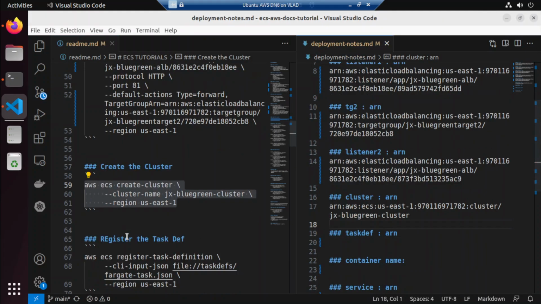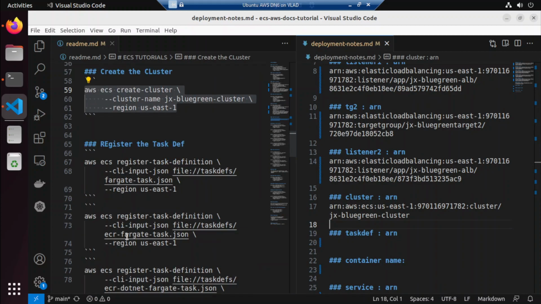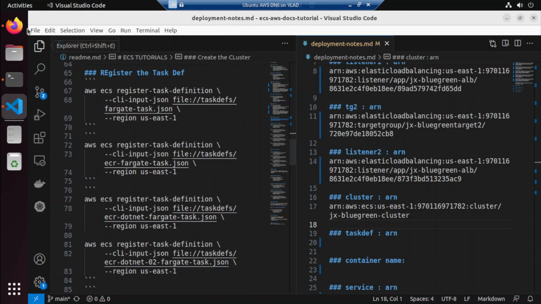So now this is the moment of truth, because we now have an updated